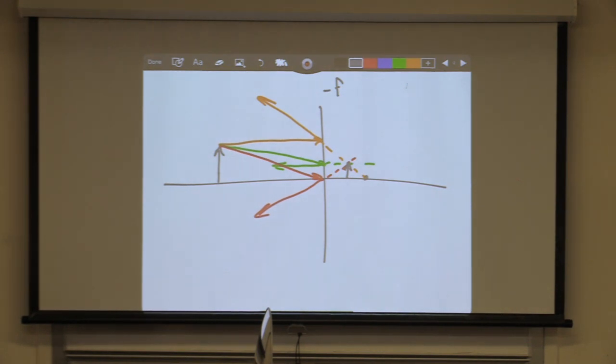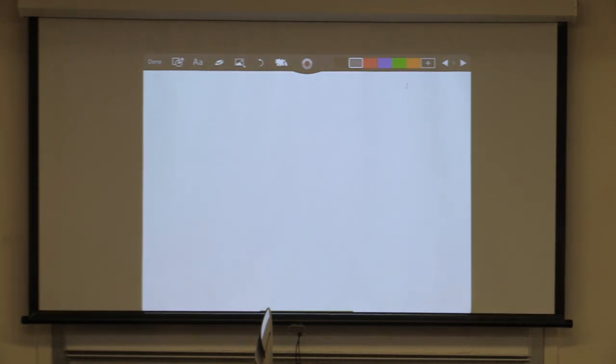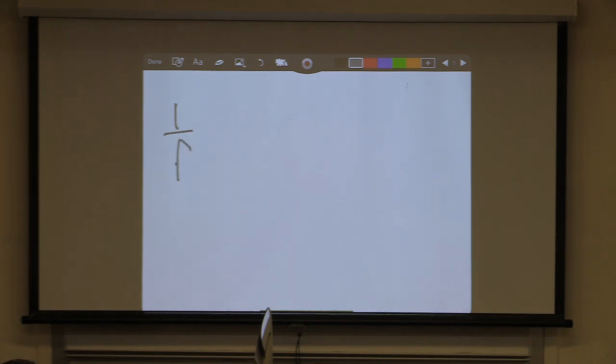For both of those, we can use something called the thin lens equation. Yeah, I know they're not lenses, but the equation still works. The mathematical equation to associate the image distance, the object distance, and the focal length looks like this. 1 over f equals 1 over di plus 1 over do. That's called the thin lens equation.